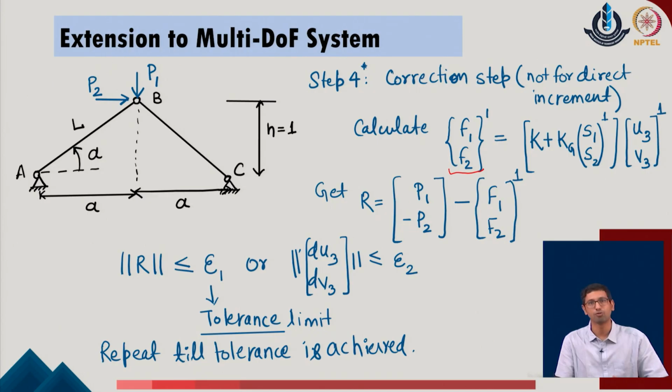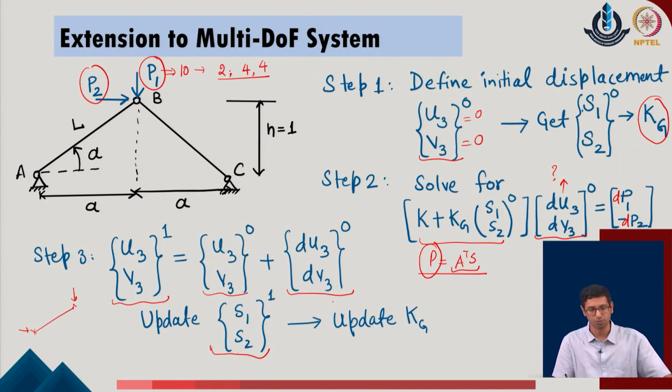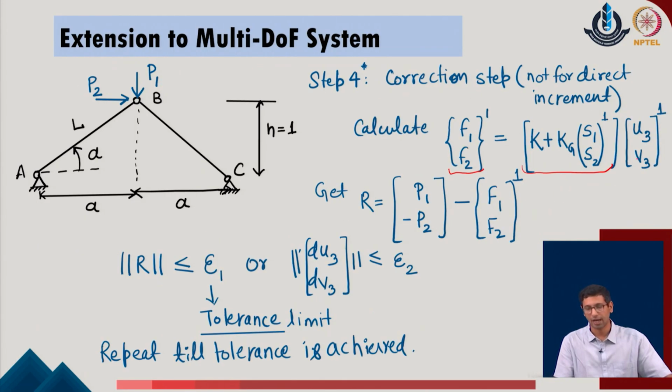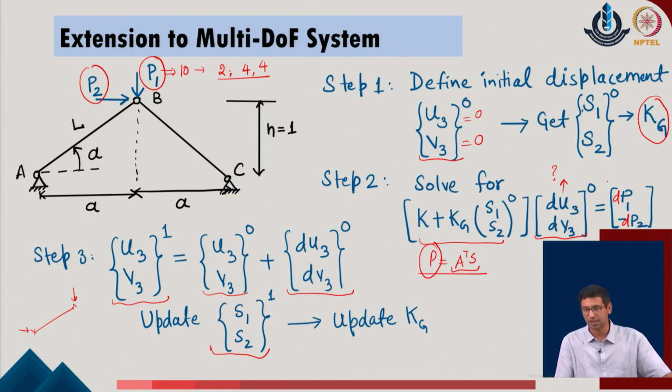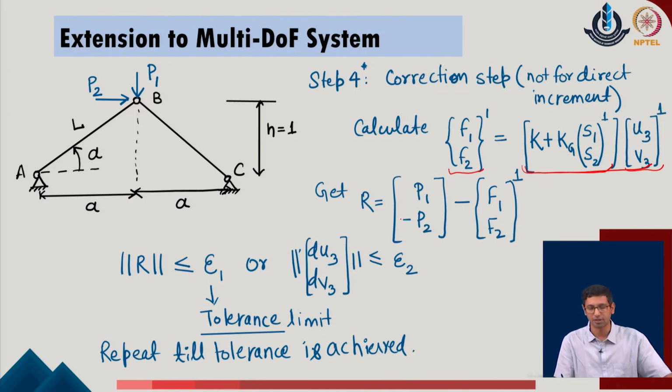we calculate F1 and F2, the new forces in the given system, by substituting this new value of the stiffness which has been obtained with respect to the updated S1 and S2, and multiplying that with the defined displacements u3 and v3 for the first iteration in the given system. Now, this value will not come out the same as the initially defined dp1 and dp2 values of the given system. So, once we get these two values, we get the difference between the initially defined values and the new values, and if this difference is less than the tolerance value, we stop the iterations. If it is not less than the tolerance value, we go with the next iteration in the given system.